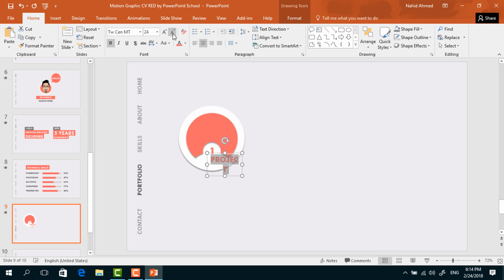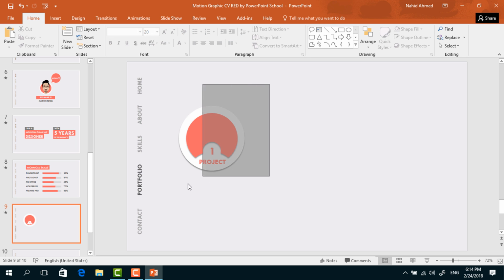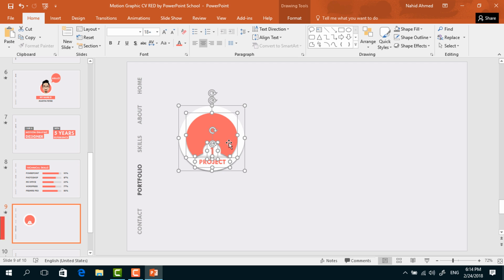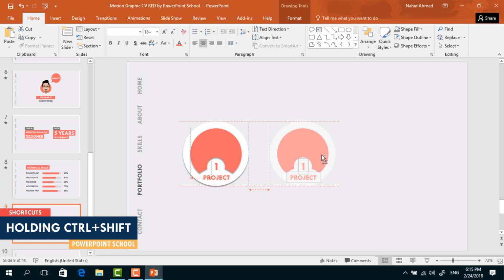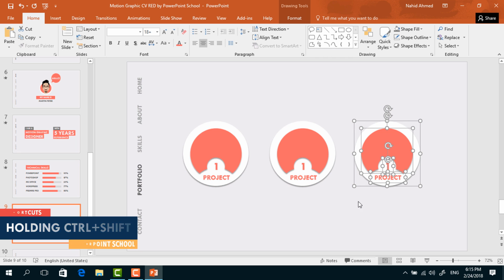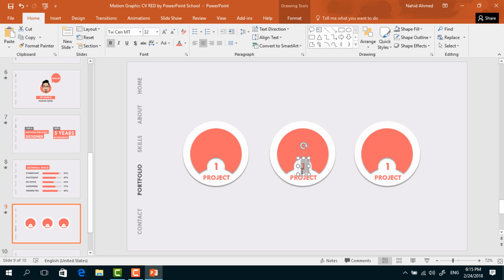Decrease the font size, place it over here. Then select all of these, bring it down, hold Ctrl Shift, drag it to the right, and it will be duplicated. Do the same once again. Here now I'm just changing the number,